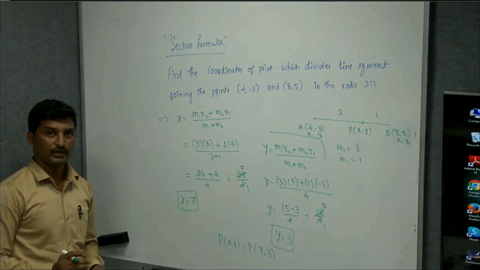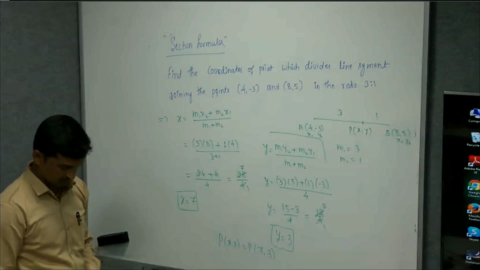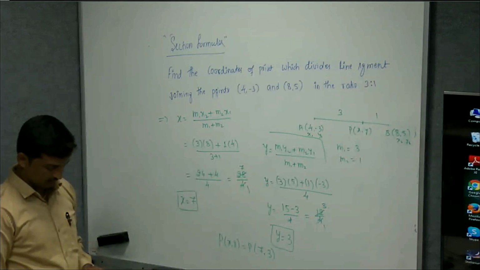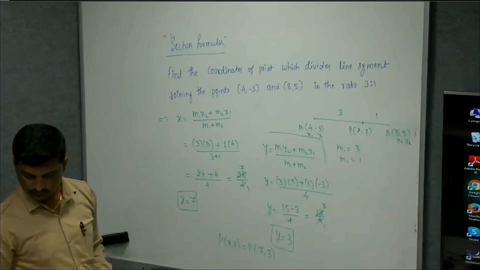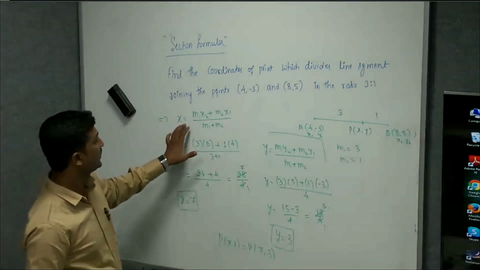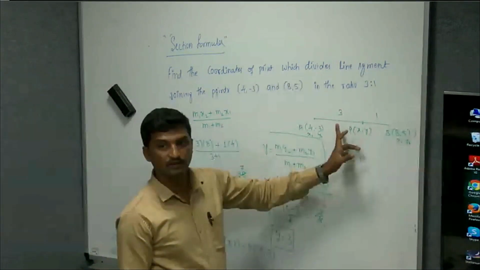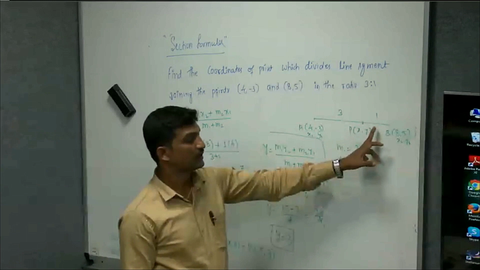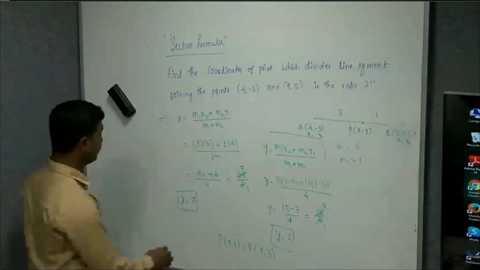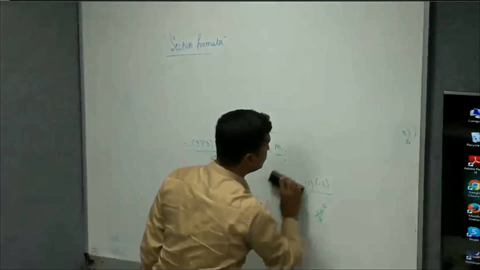Okay, so now there are a few questions which are very important. Sometimes they may ask you to calculate the ratio. So we'll see that kind of question. You got it? Very simple. First, write down the points like this. This is the point where it divides the line segment into two sections, that is 3:1. Then you can calculate it. Okay, let us take one more problem related to the section formula. These are all very important problems.